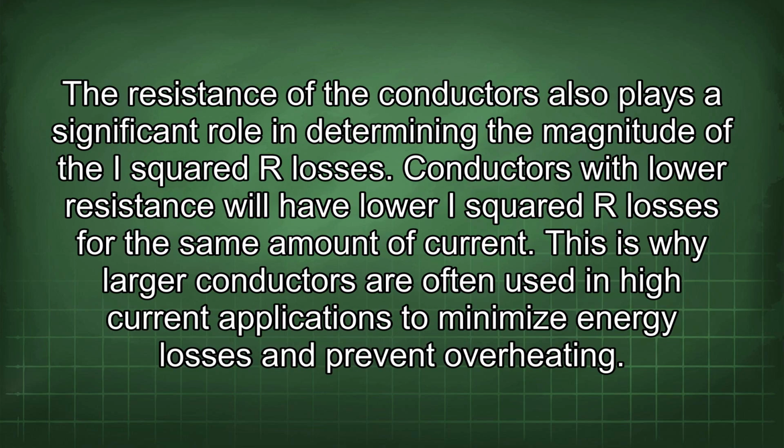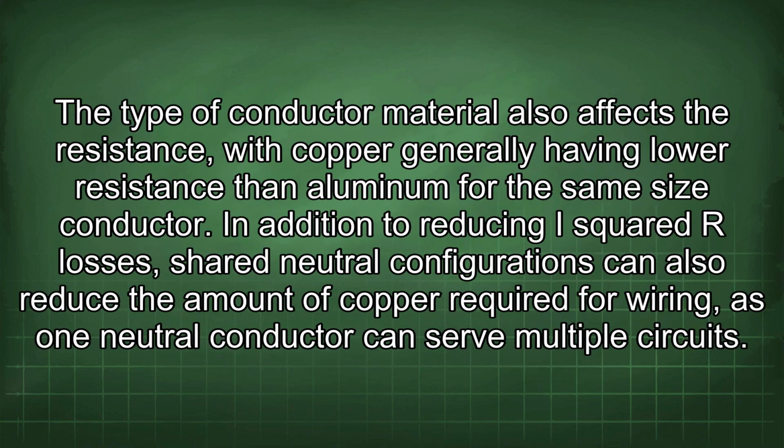The resistance of the conductors also plays a significant role in determining the magnitude of the I2R losses. Conductors with lower resistance will have lower I2R losses for the same amount of current. This is why larger conductors are often used in high current applications to minimize energy losses and prevent overheating. The type of conductor material also affects the resistance, with copper generally having lower resistance than aluminum for the same